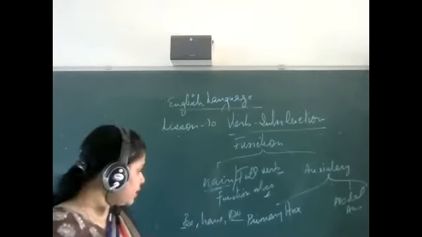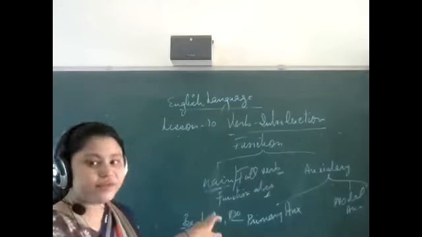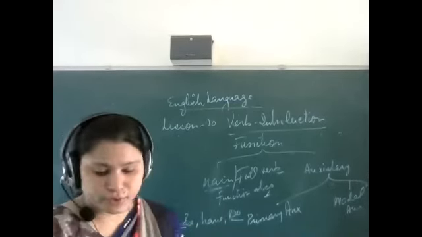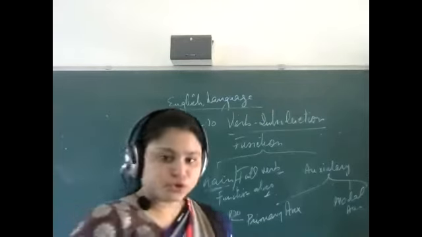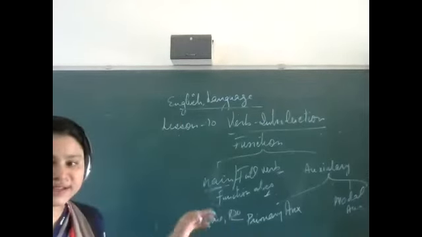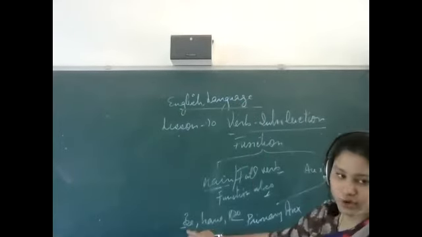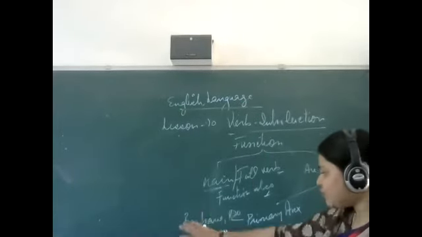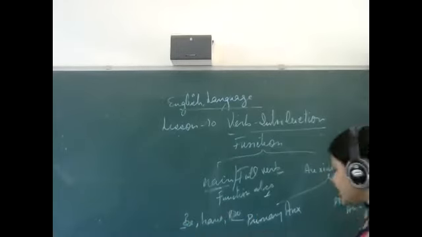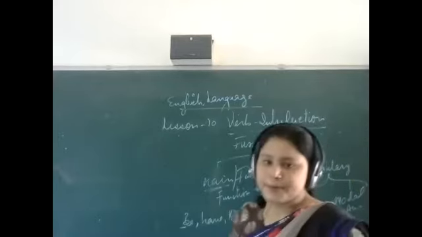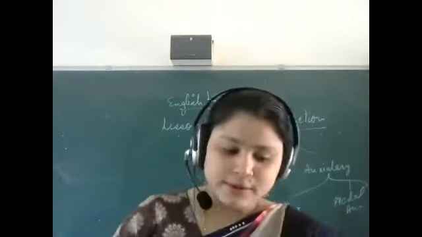When we are talking about have, there will be have, has, had, will have, shall have. What about do? For do there will be do, does, did. So do, does, did, is, am, are, was, were, has, have. When you find these types of words, that is known as a primary auxiliary verb, which comes under the category of auxiliary verb.